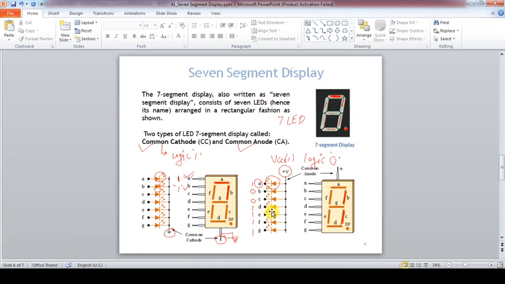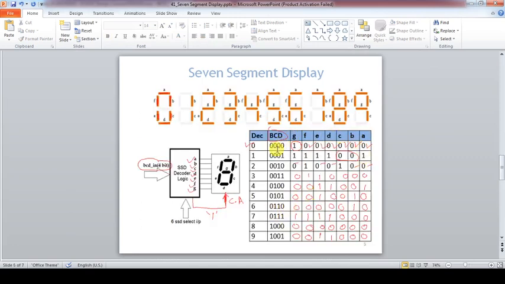The table of combinations is already saved in that ROM. This is an example of a decoder, because it has a 4-bit input and a 7-bit output. It is also called 7-segment decoder logic.